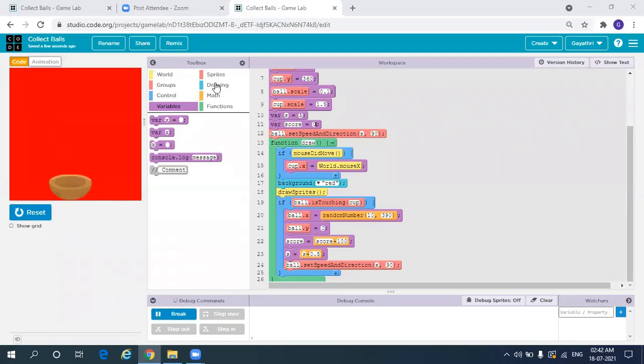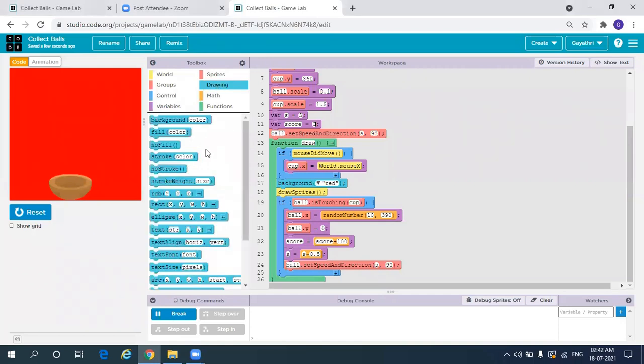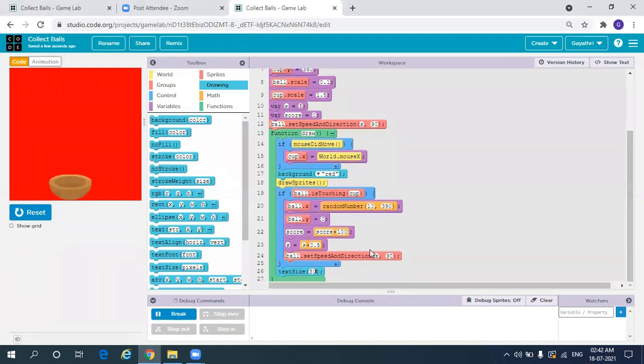Now to display the scores, go to drawing, select text size here. So outside of the if block, we'll place it here. For text size, I'll make it 30, and then select text here, drop it here.